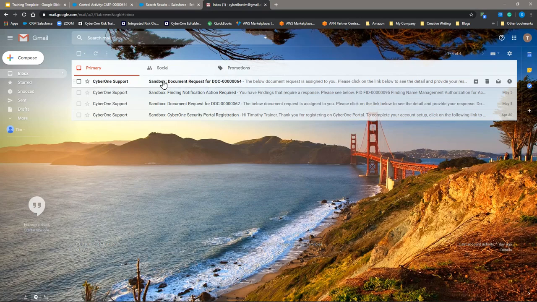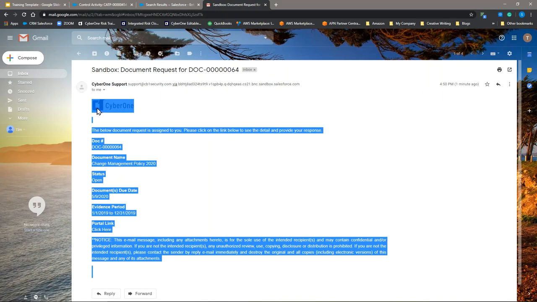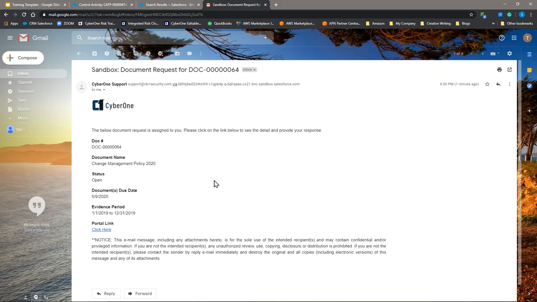So here you see the email that's been sent to Timothy from our system. And again, these emails can be white labeled by the company name. And we can modify the text here in the email itself as well. And obviously we do need to provide this link to the portal. This is where Timmy's going to upload the evidence, but the rest of this is very easily modified in your